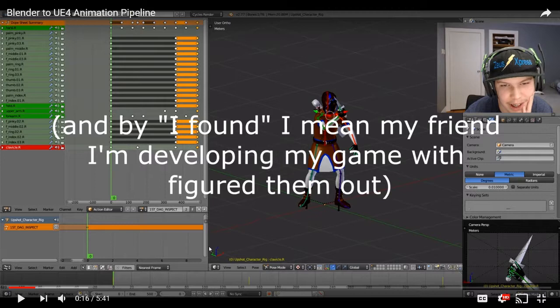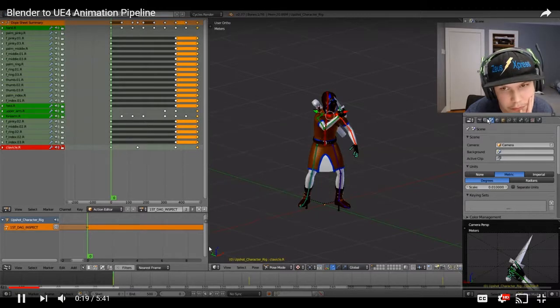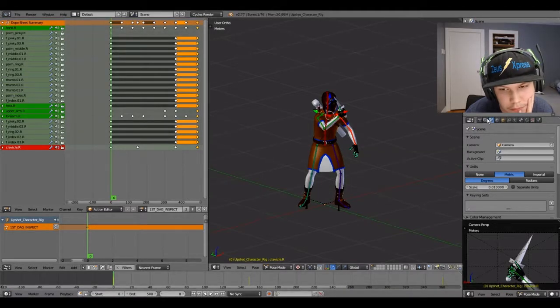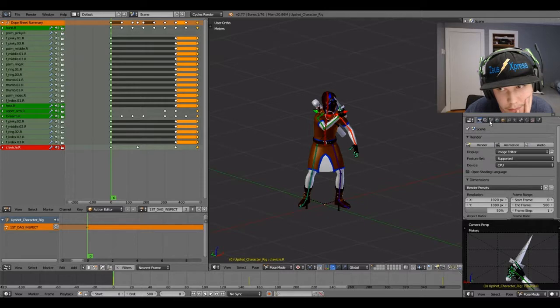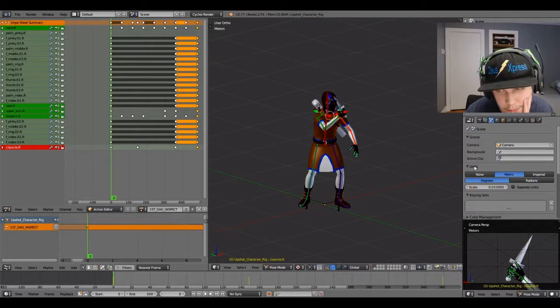And by I found, I mean my friend I'm developing my game with figured them out. I will share them in the description. I'll also go over a few other things that I've found throughout my time working with exporting animations in the UE4. The first thing is in your scene settings, before you do any animations, after you have your armature set up, you'll want to go to units, metric, degrees, 0.01. Basically, this will scale the